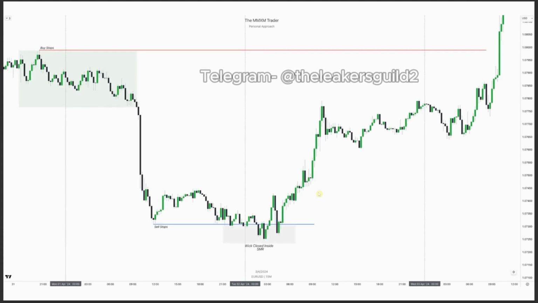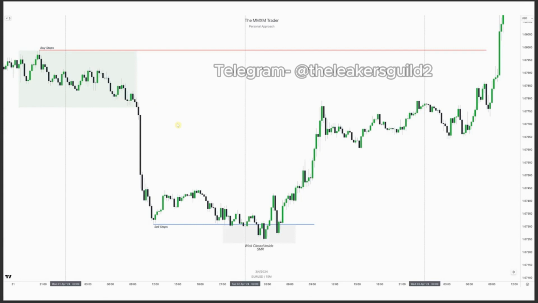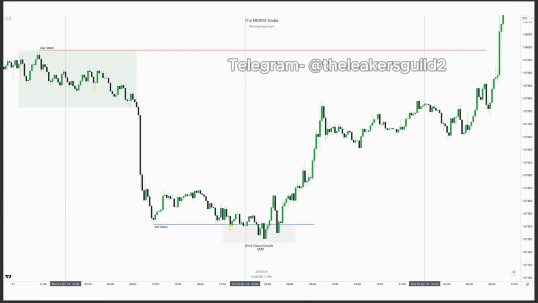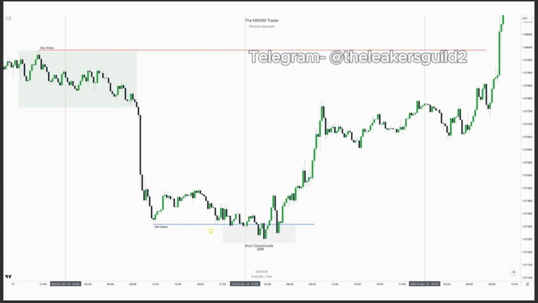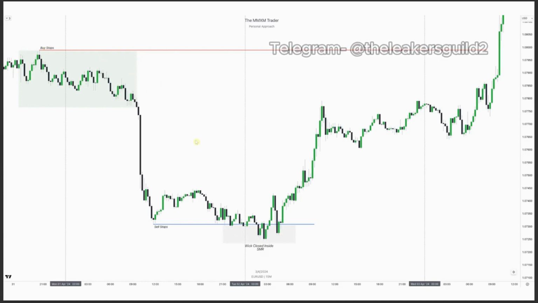Now we zoom in on the 15-minute chart, right? Market maker buy model, because swing points are market maker models and vice versa. We've got the second day forming that smart money reversal. The wick closed inside, so that is good. And we've got sell stops raided, right? So we're accumulating sell stops, and we want to go for those buy stops up here,